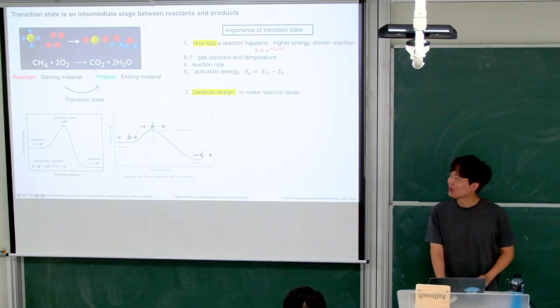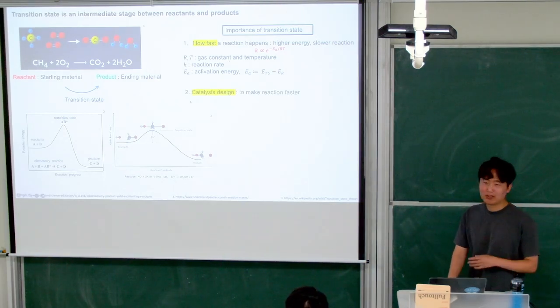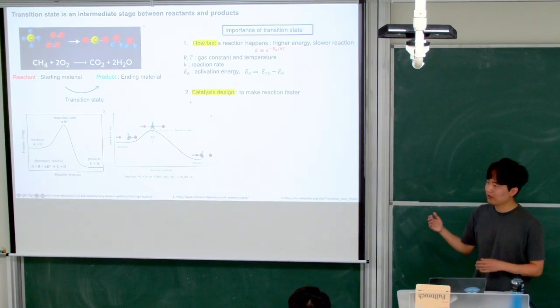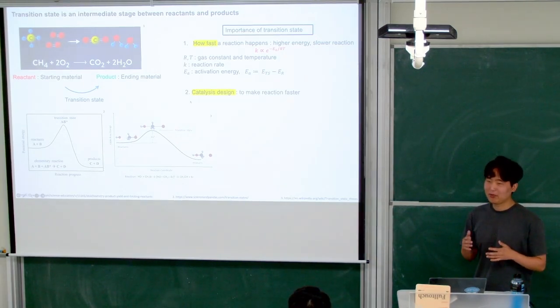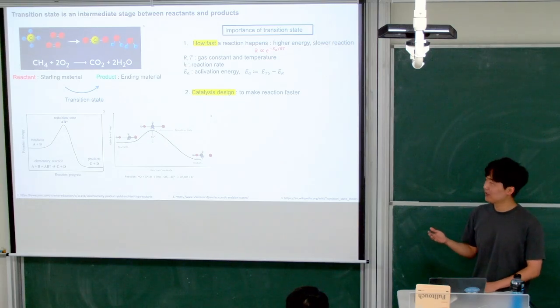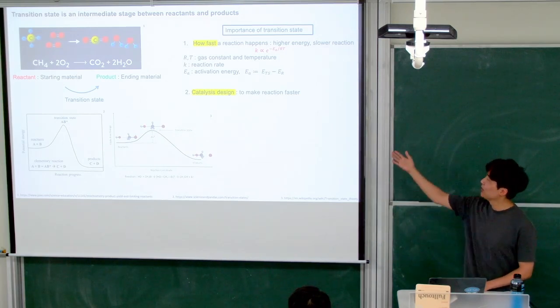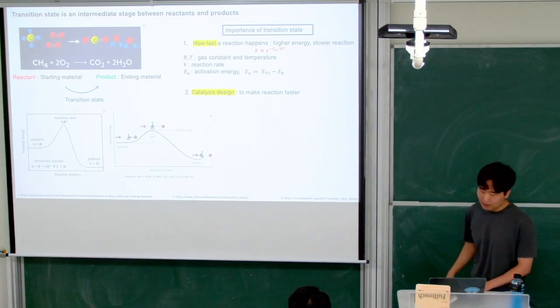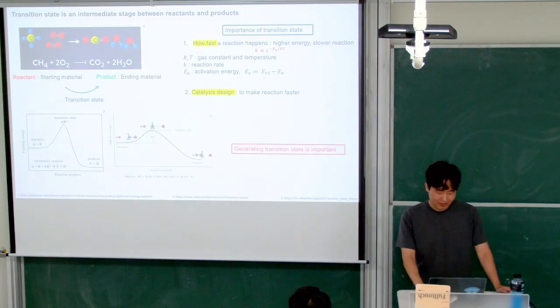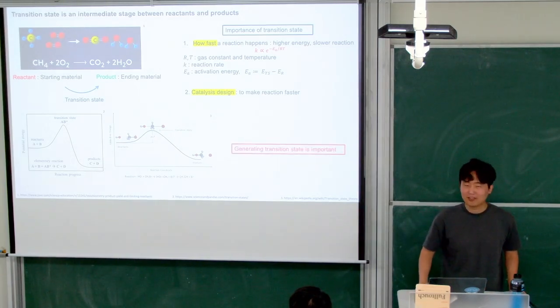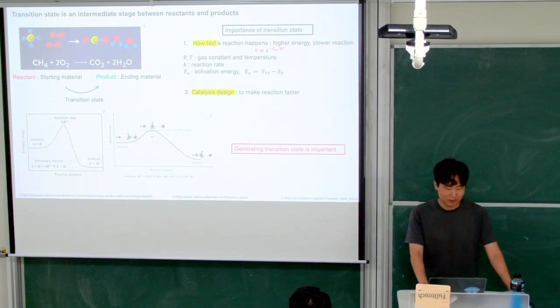So we use these facts to design some catalysts. A catalyst is some artificial material to make a reaction faster. So in order to design a catalyst, we strongly use the transition state. So the lesson is that generating the transition state is